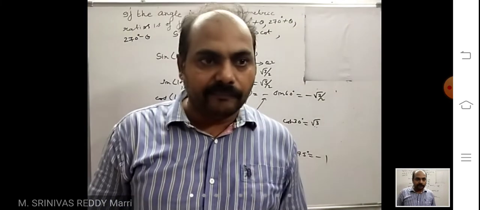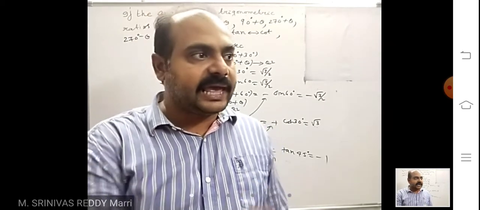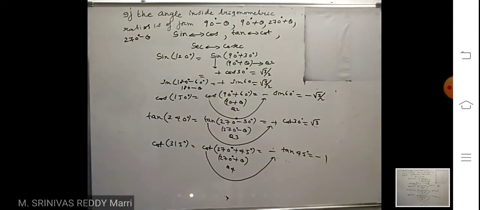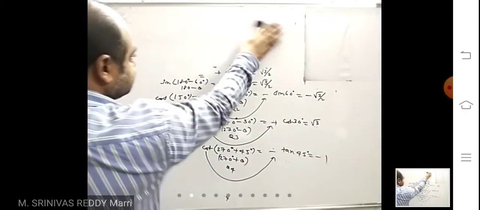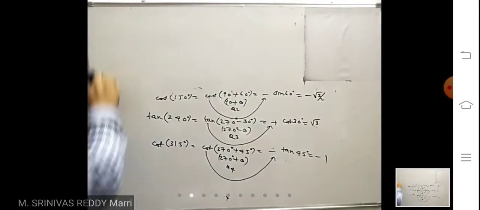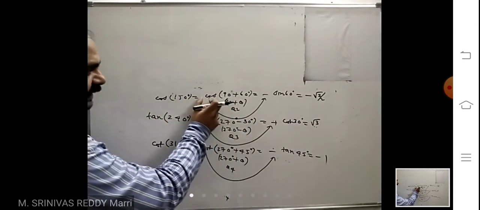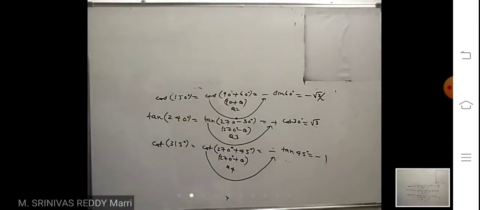Quadrant according to the form in which the inside angle lies. Like that you can calculate all other forms by using the table values. If higher angles are there, we will use common sense. In which quadrant does the angle lie? These are directly of those forms. No need to remember the formula. How many formulas will you remember? Just as I have told, if the angles are of the form, you write sine and then see in which quadrant theta lies.